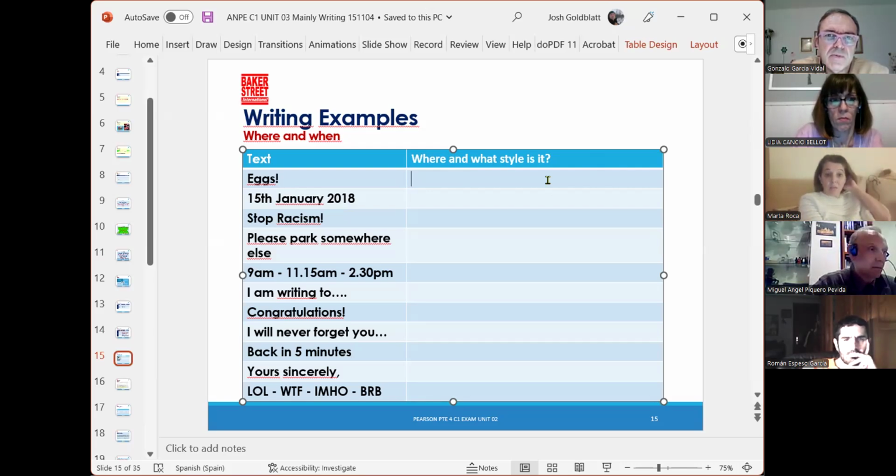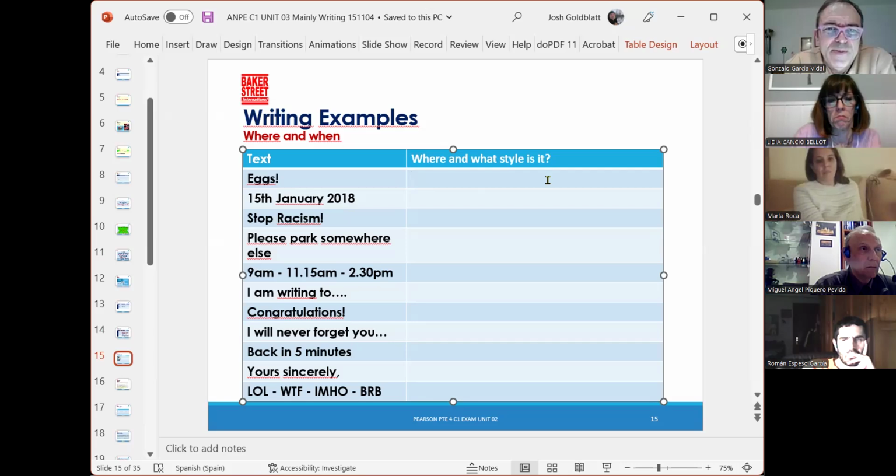Eggs. In store. In a headline? It could be in a headline because it's quite, okay. The impact of it, of course, maybe in a shop, but eggs, the eggs department. You want chicken eggs, duck eggs, goose eggs. What kind of eggs do you want? Big ones, small ones, XL? Sure, could be. Okay. On a piece of paper? An article. No? Yeah, but you wouldn't just see the word eggs, would you?